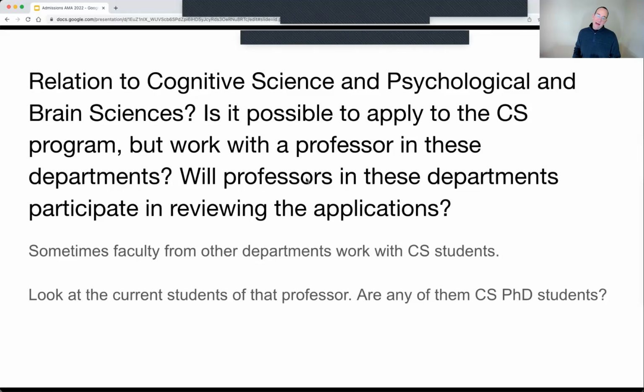I strongly recommend that you look at that professor's website and see, are they working with CS PhD students? If there is someone that is doing exactly the research you want, and they have a secondary appointment in computer science, but all of their students are in a different department, they probably are not going to accept you through computer science. It's just the way it's going to happen. There's always exceptions, and sometimes people change what they do, but that's generally how things work. And so if you want to work with someone and you want to know if applying through computer science will enable you to work with that person, look who they are advising now.